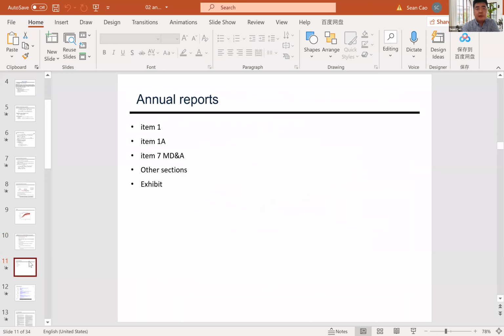And we also talked a lot about item 1, item 1A, item 7, and other sections. I want you to know what item 1 is. Item 1 is product description. What is item 1A? It's risk disclosure. What is item 7? It's a discussion about everything. So you should be able to understand the content of the 10K, and more importantly,